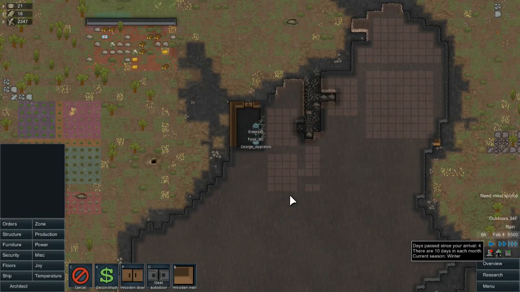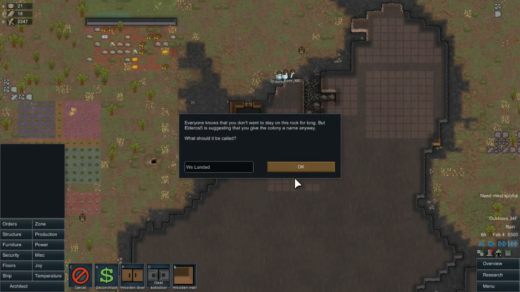6H. Go. See that? They all got up. They're so good. We landed. No, we are not naming that. We landed. We are naming it...